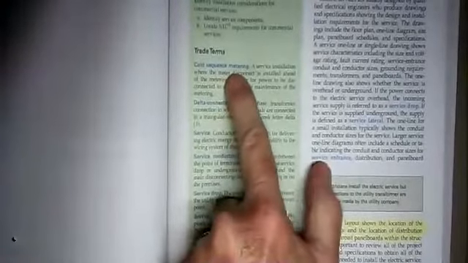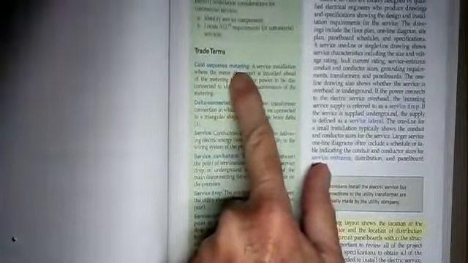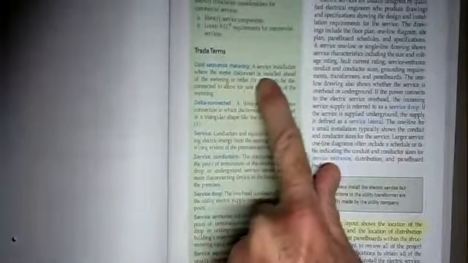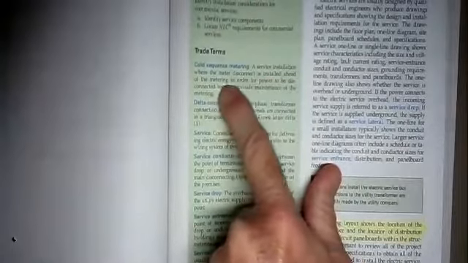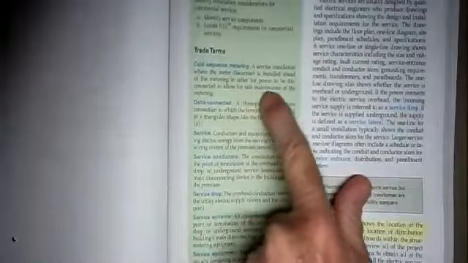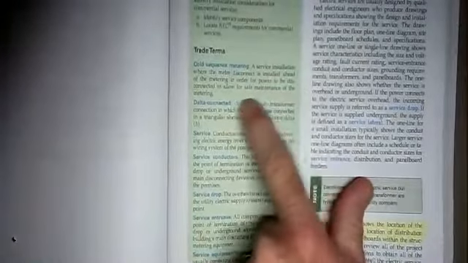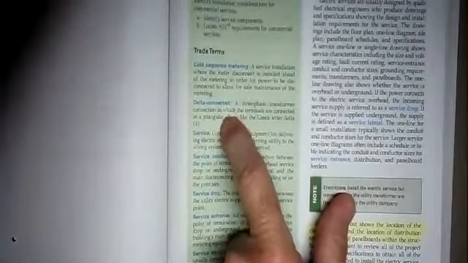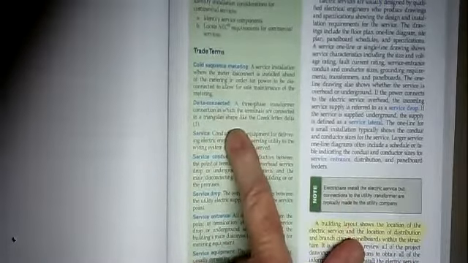Cold sequence metering, they put a disconnect on the line side of the meter so that they can disconnect the meter and work on it. A service installation where the meter disconnect is installed ahead of the metering in order for power to be disconnected to allow for safe maintenance of metering equipment. Delta, we talked about Delta and transformers,